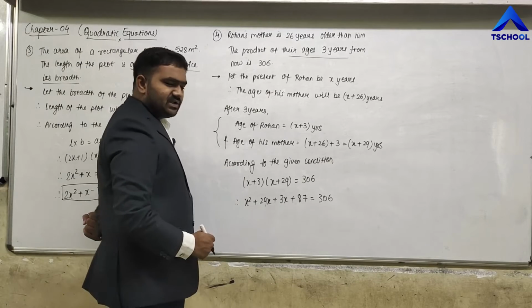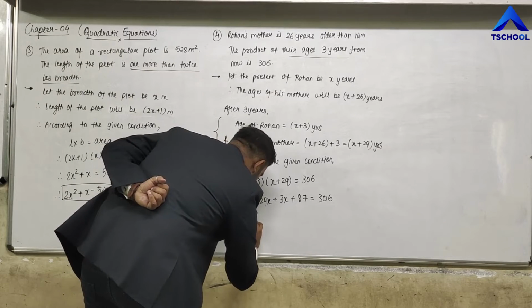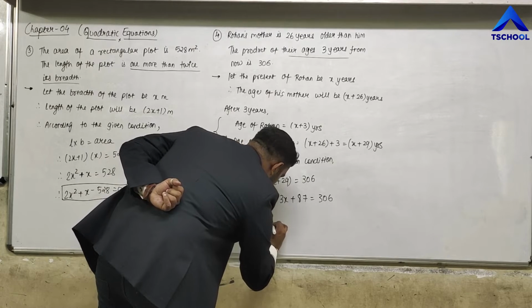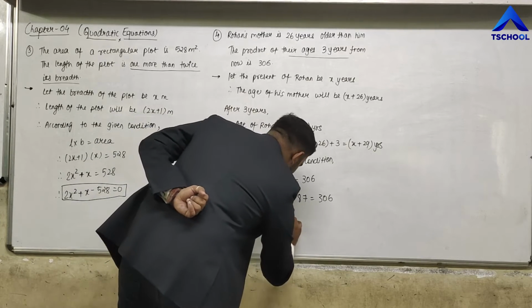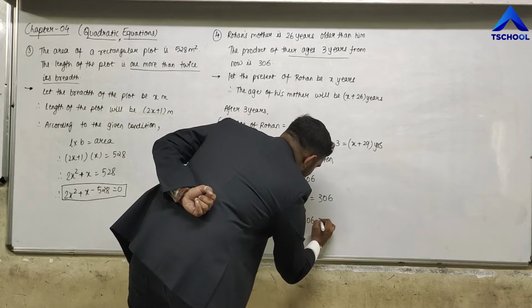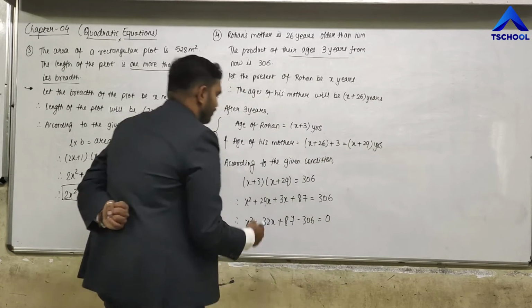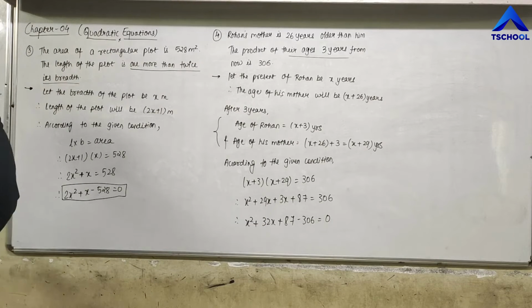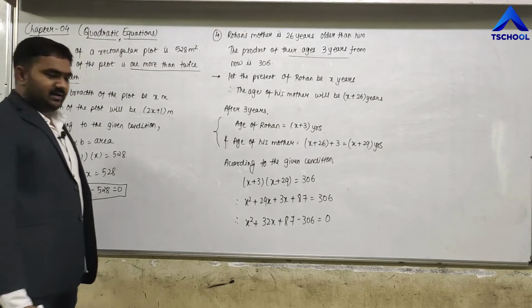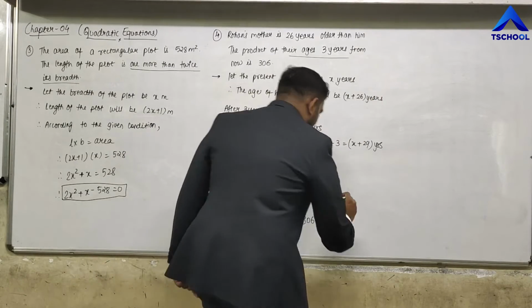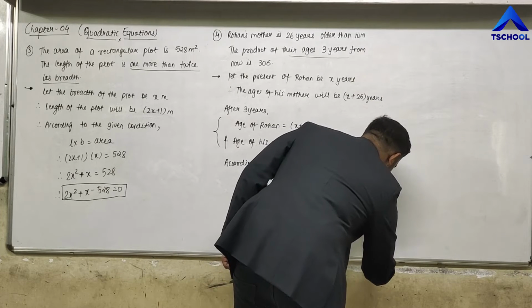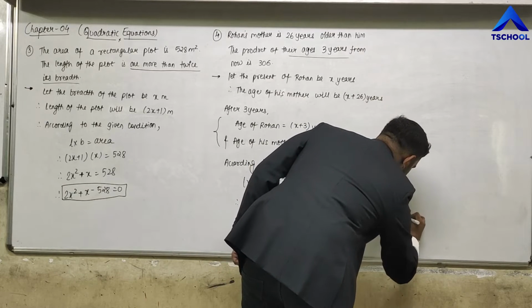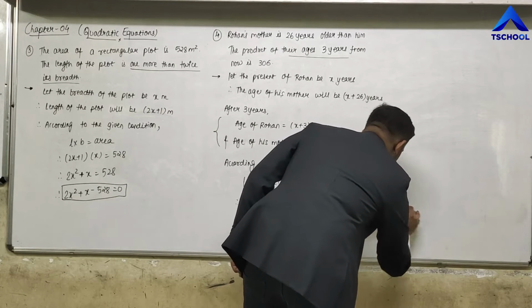So taking that 306 on the other side, that will give me x square plus 32x plus 87 minus 306 is equal to 0. Solving this, 306 minus 87, that will give me 219, and hence our equation leads to x square plus 32x minus 219 is equal to